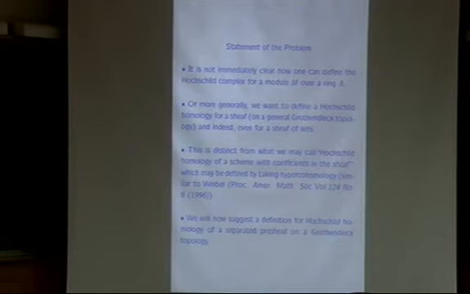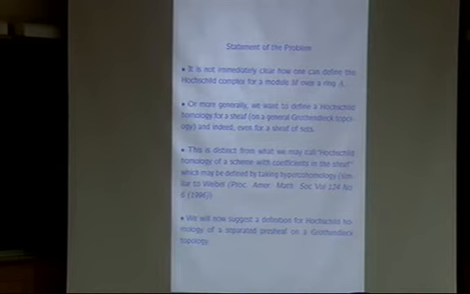So the question is, we want to define Hochschild homology. More precisely, I am saying it for a separated presheaf on a site. We will describe what each of those things means. So it is not immediately clear, as I said, how to define the Hochschild homology for a module over a ring. Or more generally, we want to define the Hochschild homology of a sheaf on a general Grothendieck